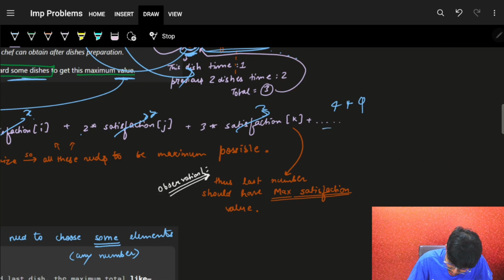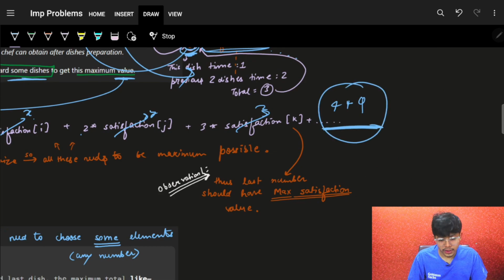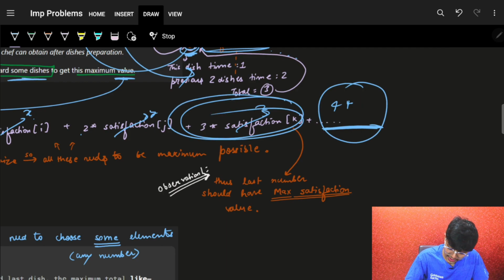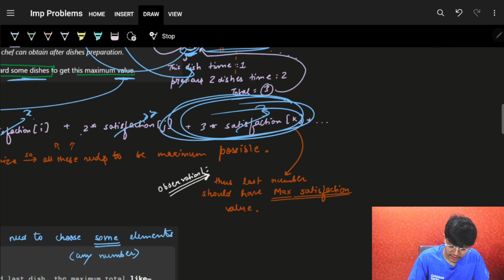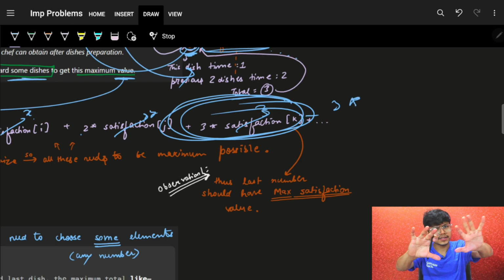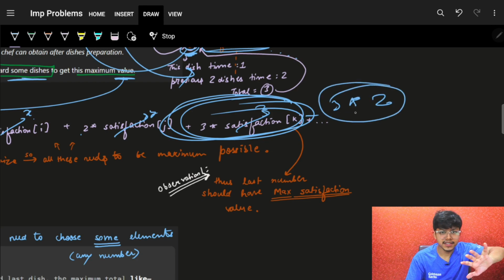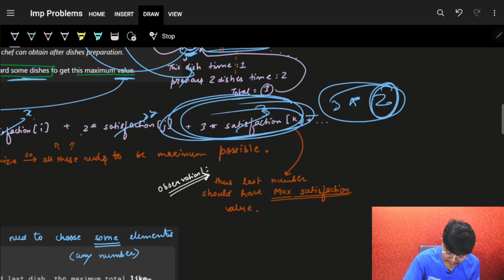In here, everyone is nothing but a 4 into q or a 3 into z. So I want it to be maximum. Let's say 4 into q is not there. It is only there. A 3 into z is the maximum in the end. I want to maximize it because ultimately if I get a maximum number here, multiplying with a maximum number,